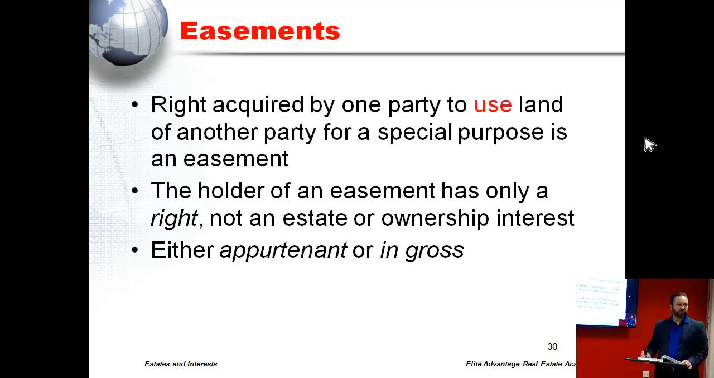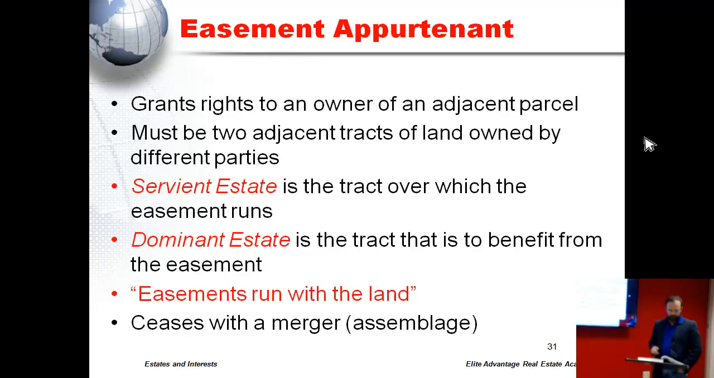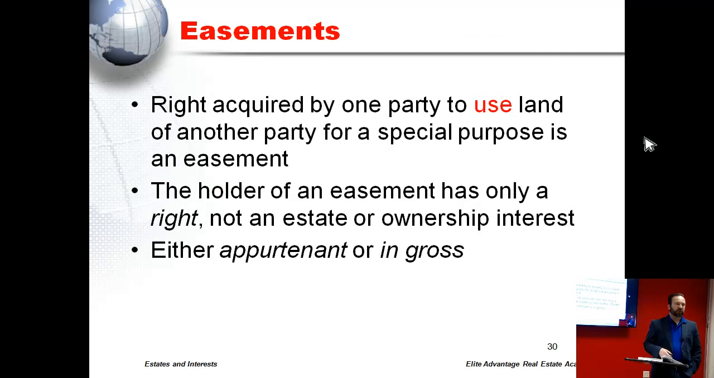Okay, fantastic. Easements, I'm on page 78. Easements, a right one party has to use the land of another party for a particular purpose, is called an easement. Okay, that's what it is. The holder of the easement has only the right, not an estate or an interest in the property. And there's a couple of ways they can hold this easement, either what they call appurtenant,